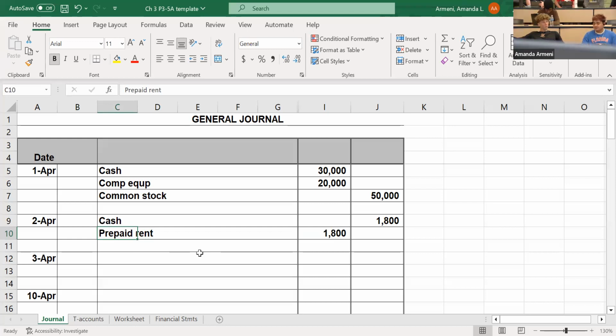Notice also that in the first transaction, we put debit before credit. The second transaction, we put credit before debit. I don't care what you do. As long as your account names are correct and the amounts are in the right column, I am not going to be picky about that on a quiz or on your midterm exam. Okay. Connect is a little pickier. Connect wants you to put the debit before the credit. So just be aware of that,